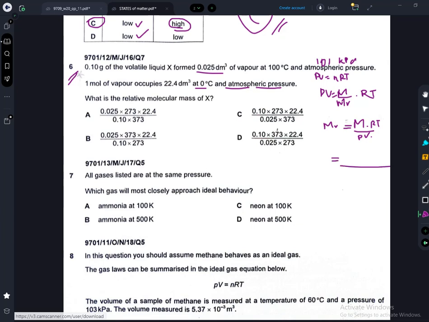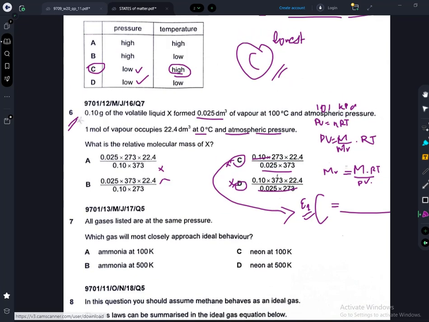So you put these values here, you will notice that none of these four choices have the same denominators and numerators. So how will you do this? You will simply cross check all these one by one. You put the value 0.1 to 2273, and once your answer is equal to what you have calculated in this particular expression, which I call E1, then you will say that either E or D is the correct option. So in this case you have to do cross checking, so I'm not stating any of the right options.